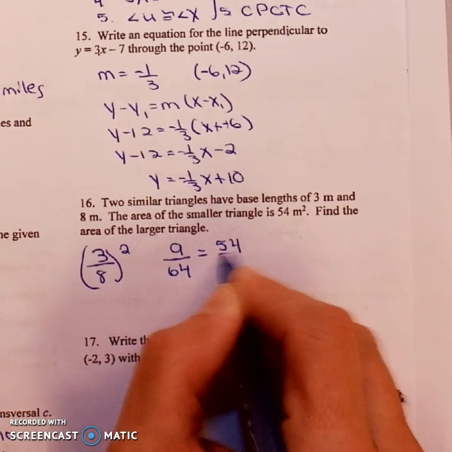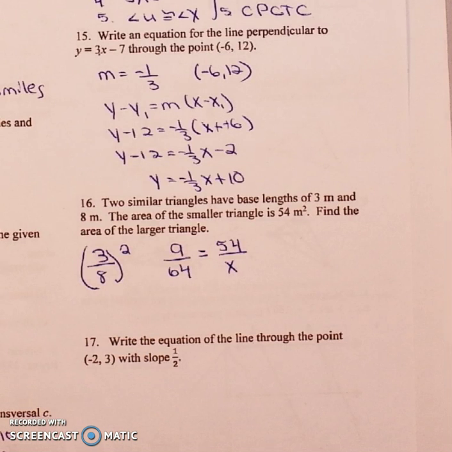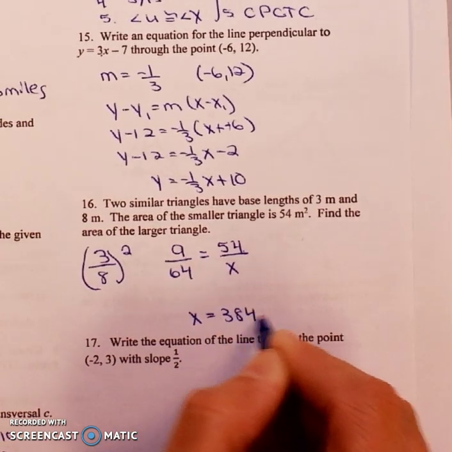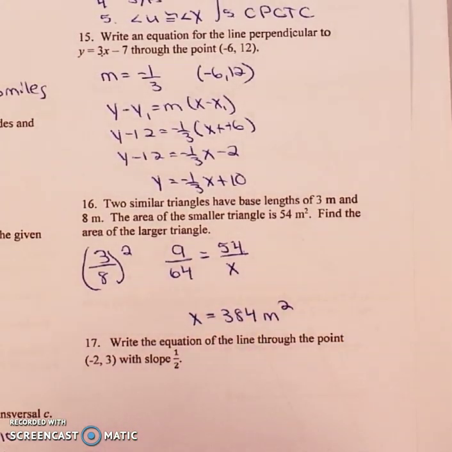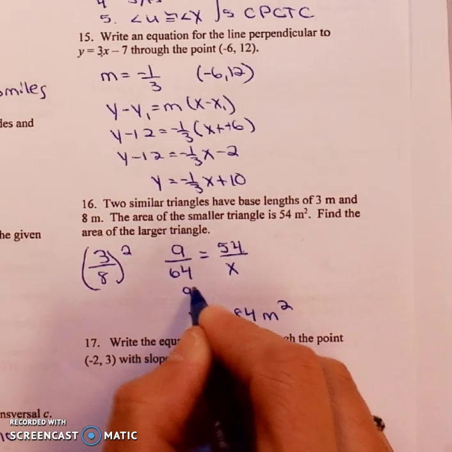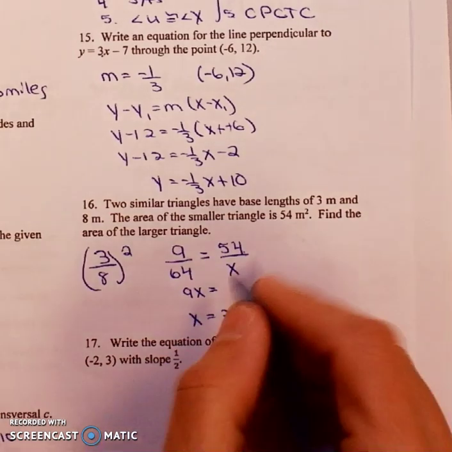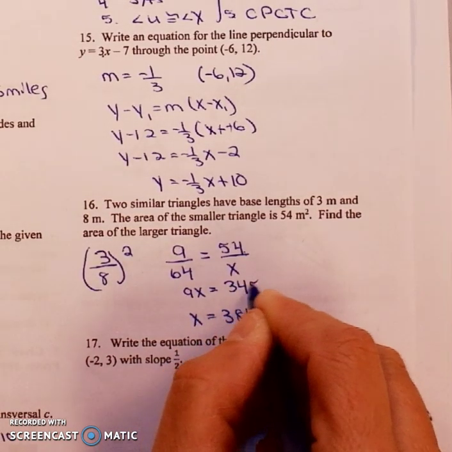The smaller triangle has an area of 54, and we're looking for the larger. Well, 9 times 6 gives you 54, so you can do the same thing in the denominator. 64 times 6, and we should end up with a large area of 384 meters squared. If you don't want to do it that way, we can always cross multiply. 9x equals 64 times 54. And when you divide, you should